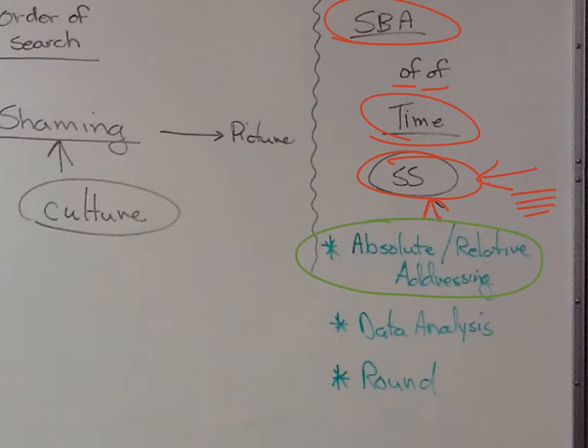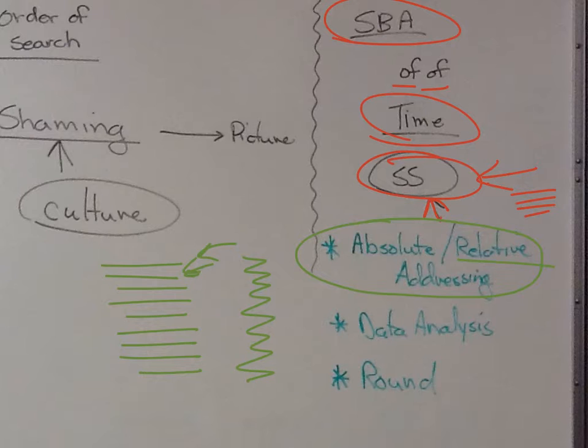Relative and absolute addressing. You can use relative addressing to copy a formula and have that formula reference new things in cells so that you don't have to retype everything. Now, in some cases, we want to reference just one cell. Well, that would be an absolute. And we do examples in class.